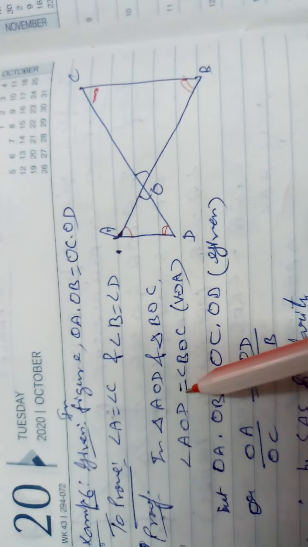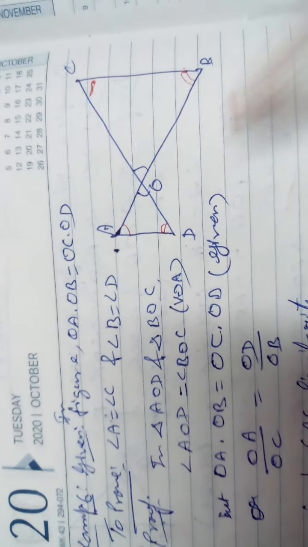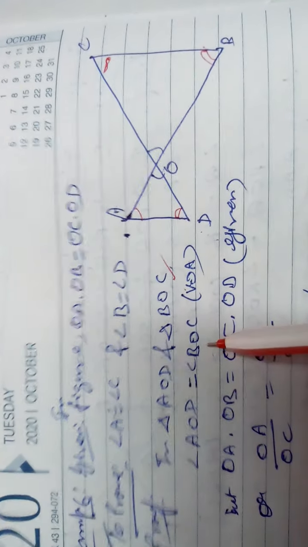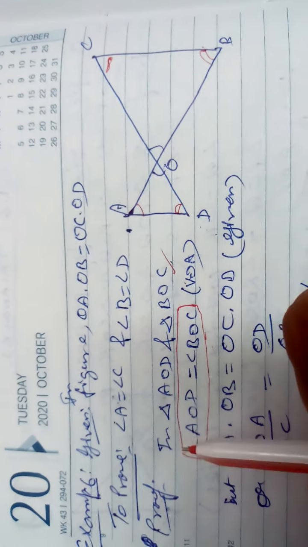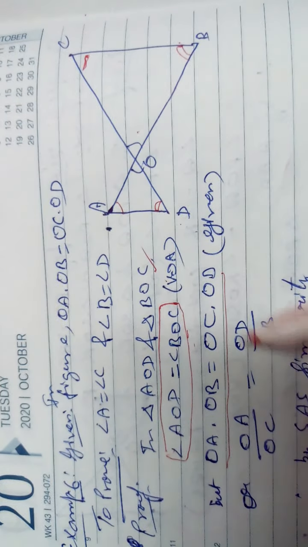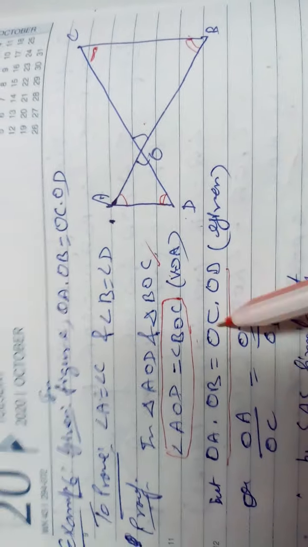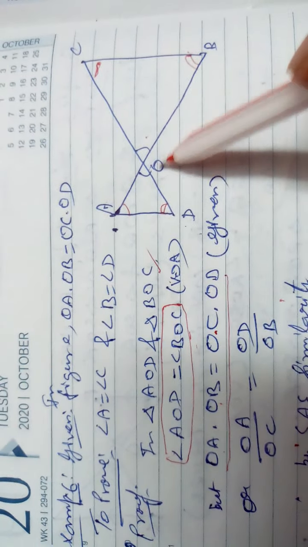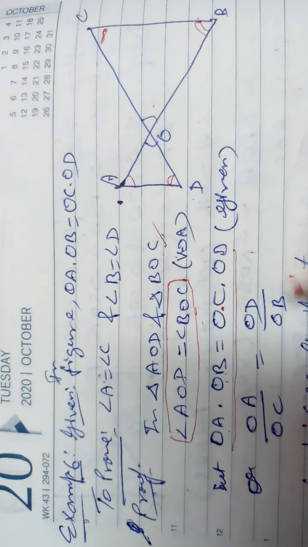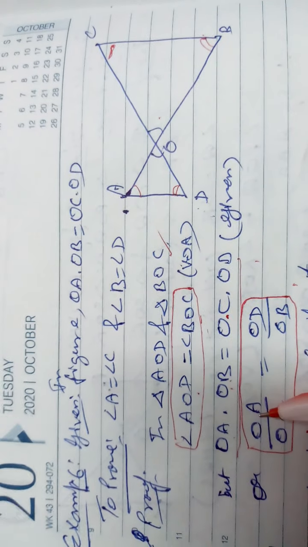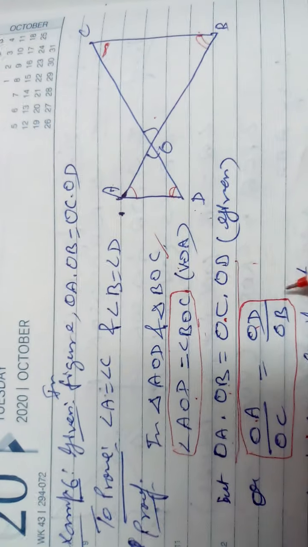So first of all you write what triangle? Triangle AOD and COB. Any name you write here. Now angle AOD is equal to angle BOC. First part, you are getting one angle because of vertically opposite angles. It is given. This given you transpose, right to left and left side to right, and you get OA upon OC, and OB will go to that side. OA upon OC is equal to OD upon OB. OB will go down. So this gives you sides. The angle formed by these two sides, OA and OD, which have the same ratio, gives you SAS similarity.